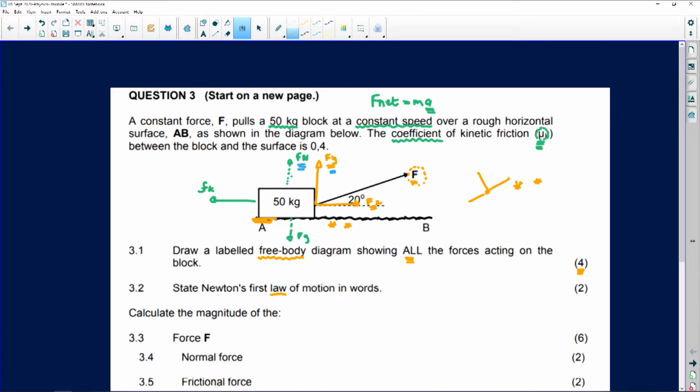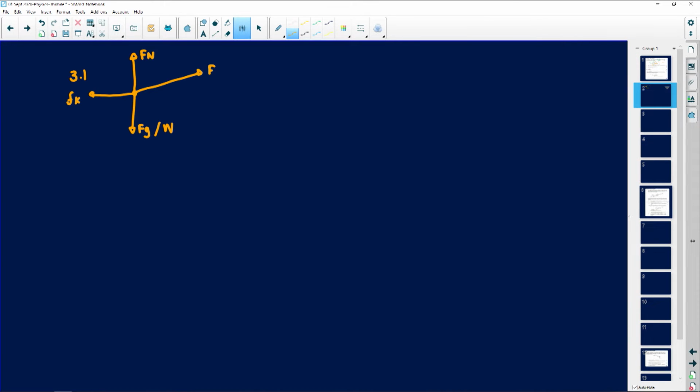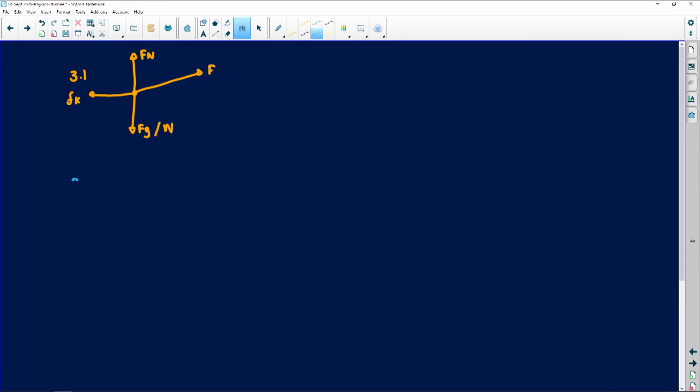So they're saying state Newton's first law of motion in words, and this is only for 2 marks. Now remember, if you have to state something, have to define something, it does not change. If you have to explain something, it's your own discretion. So with 3.2, we say